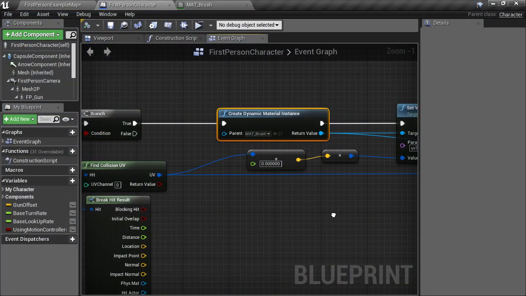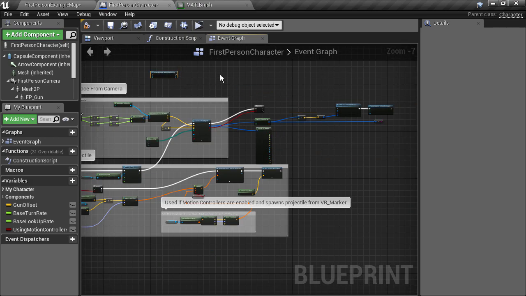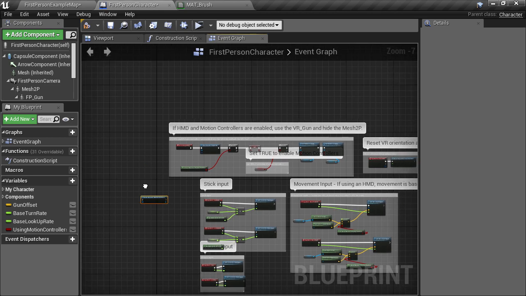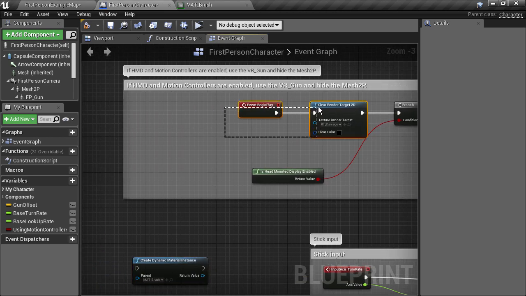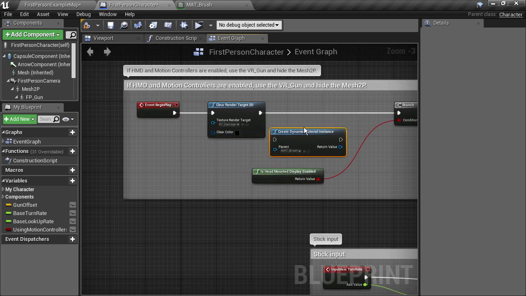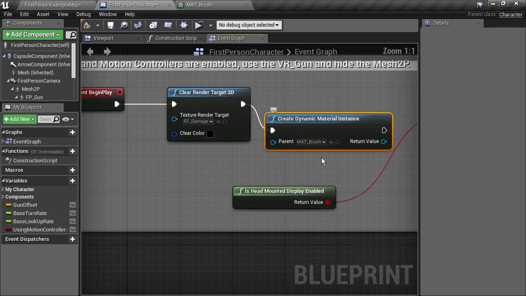First we're going to change how we create the brush material at runtime. Previously we were creating a new one every time we hit a mesh, but that isn't necessary as we only need one brush at any one point. So let's take the node and bring it to the begin play section so that we'll create it only once. So we'll connect it up into the chain here,